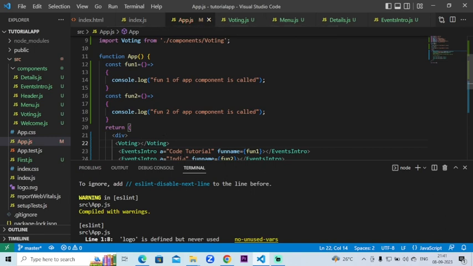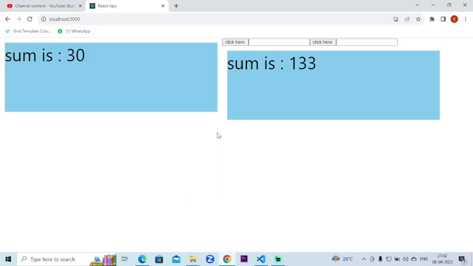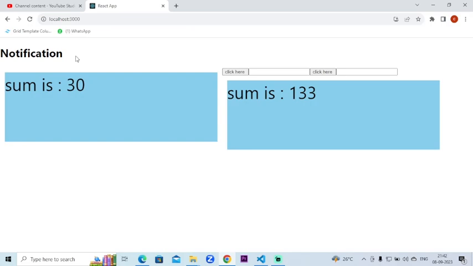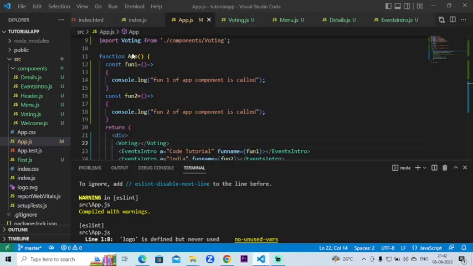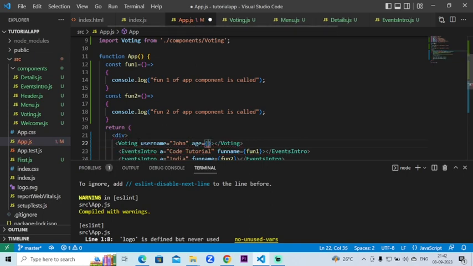I already started the server to save our time. So let us open Google Chrome and refresh the page. So this is how the voting component came. Okay. Now what I want is that the user will pass two things from here. Okay. User will pass two things as props. First is what? Username, say John. And the second one is age is equal to, I want integer, so I'm going to use the